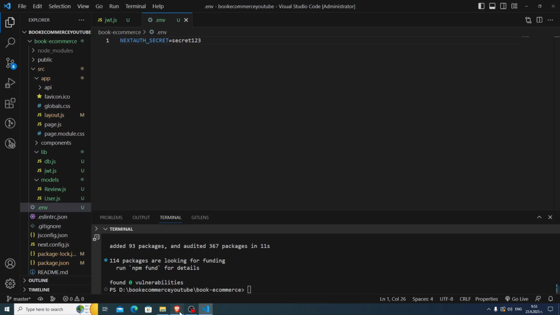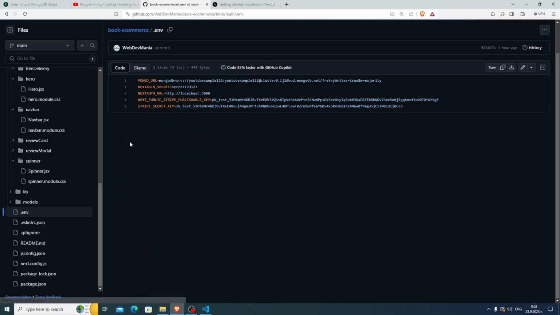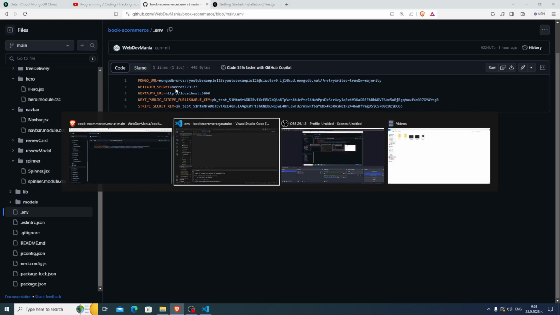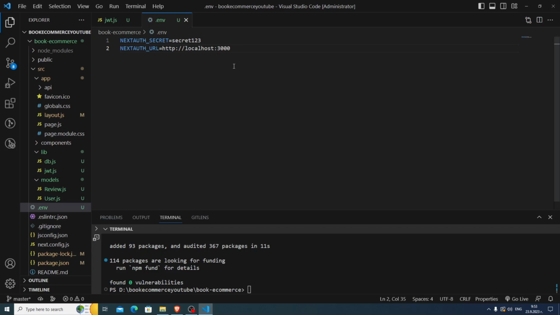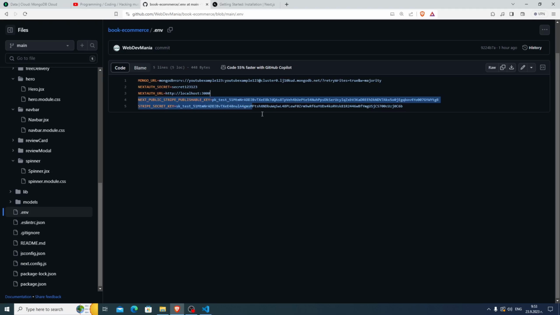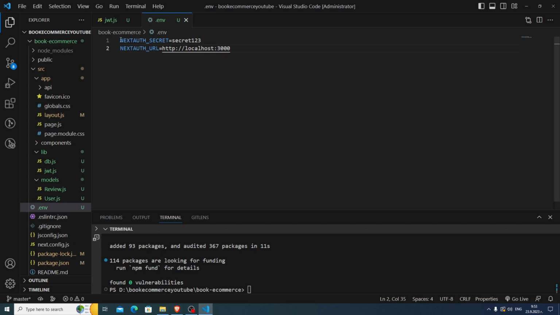And here, let me go to my GitHub. So here it is. And let me see what else I need. So I need the Mongo URL, the NEXTAUTH_SECRET, which I have already written, the NEXTAUTH_URL, which is going to be the URL we're going to work with. So you can just copy paste it freely. And here, this is for the Stripe. We're going to see that later. Right now, just ignore it. And here, as you see, we need to make the Mongo URL. So let me type it here,